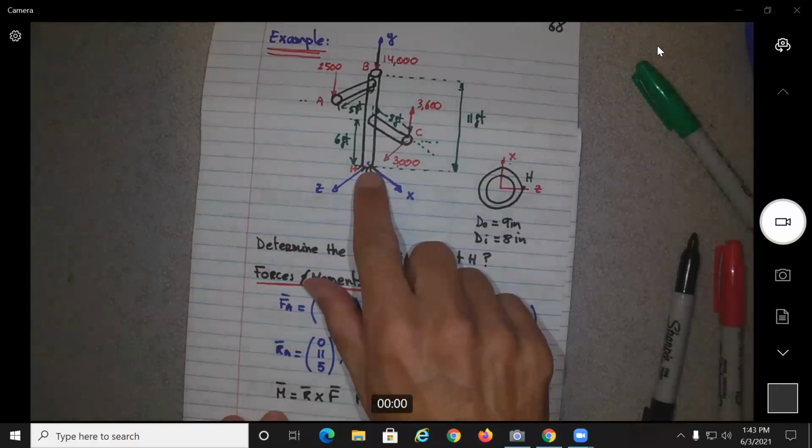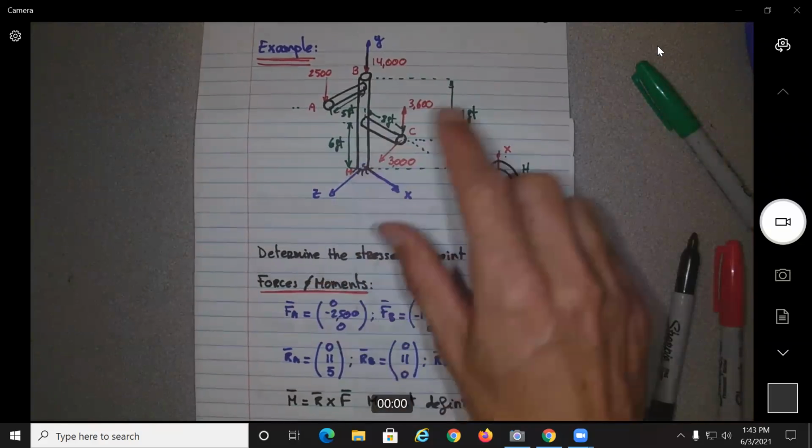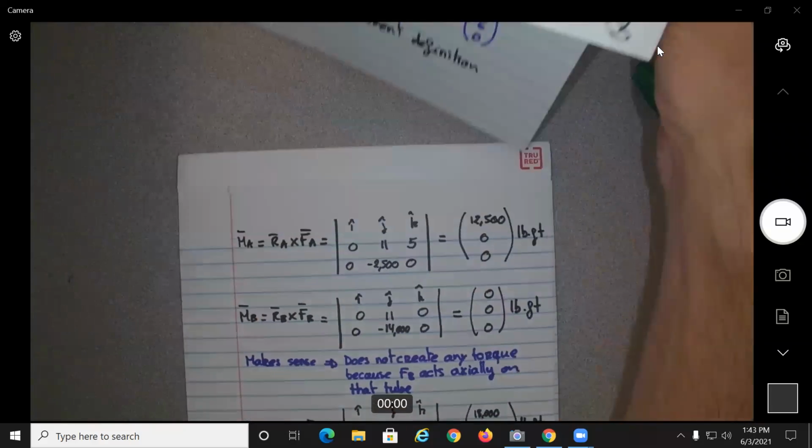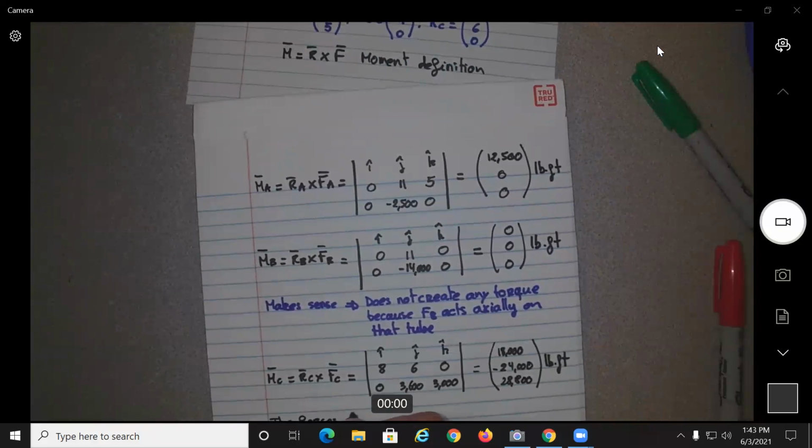The origin was at the root, no? Yeah, so we can say over here, so the forces and moments at point H are